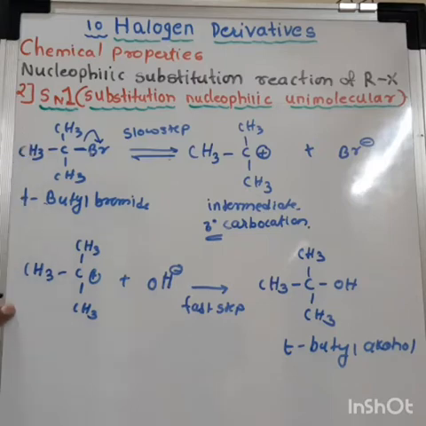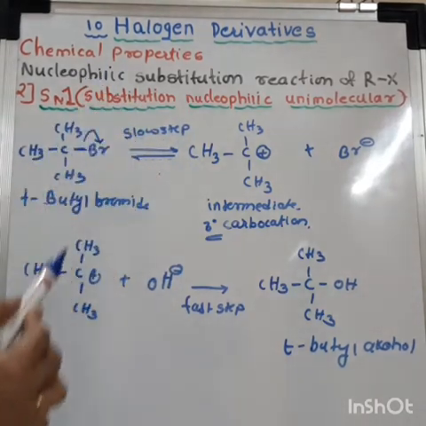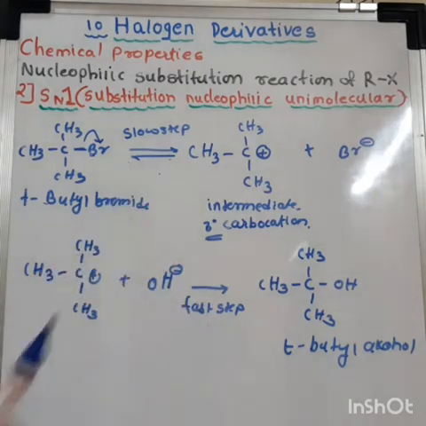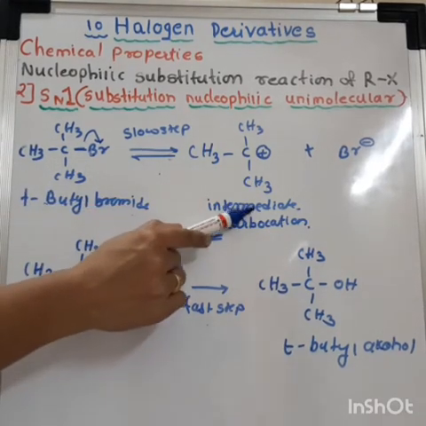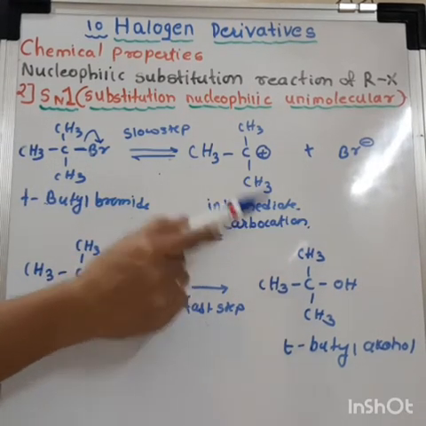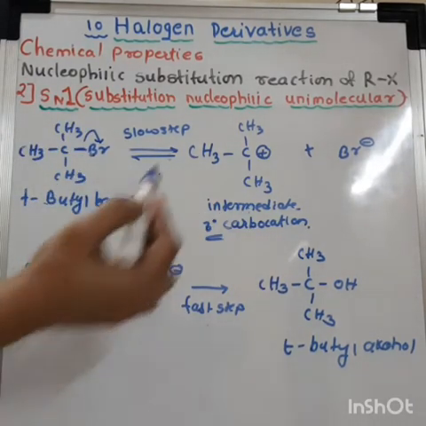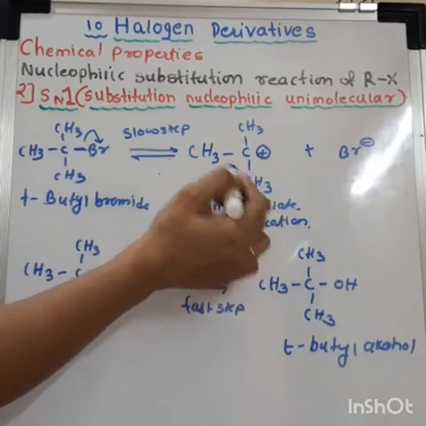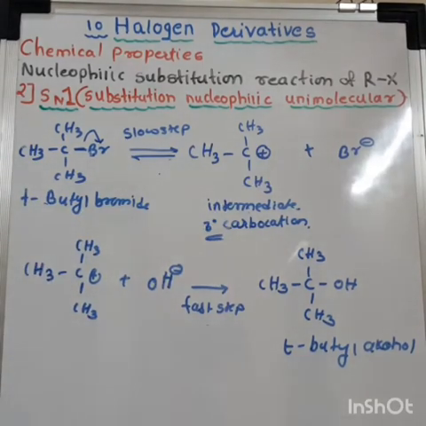It is a two-step reaction, and it is very important to remember this. The first step is slow and reversible, and the second step is fast and irreversible. In it the product is formed, and in the first step the intermediate formed is a tertiary carbocation. Tertiary carbocations are more stable as the three alkyl groups stabilize the carbocation by the plus I effect and hyperconjugation by these hydrogens. So let's see the salient features of the SN1 mechanism.